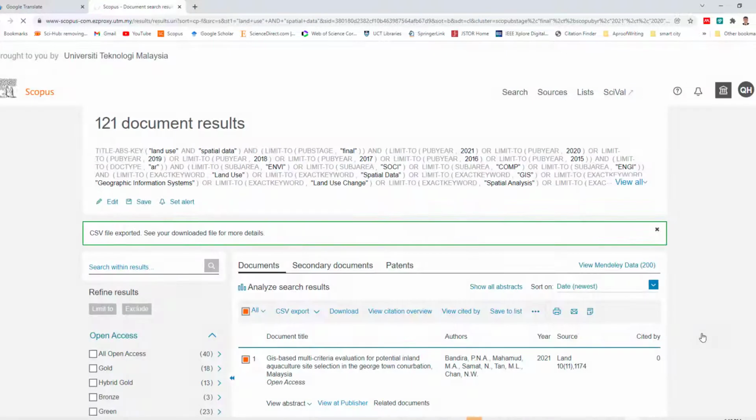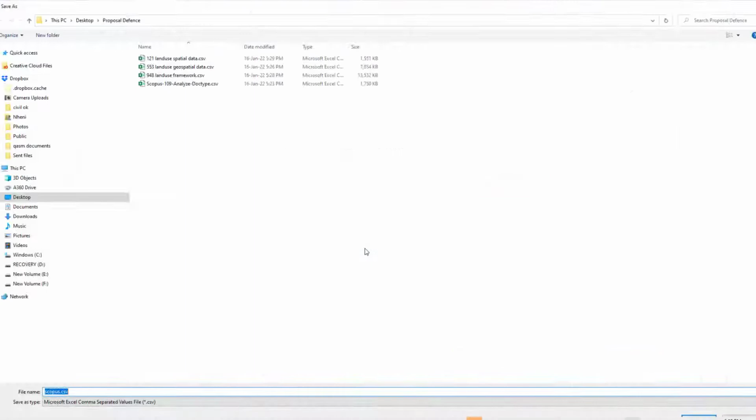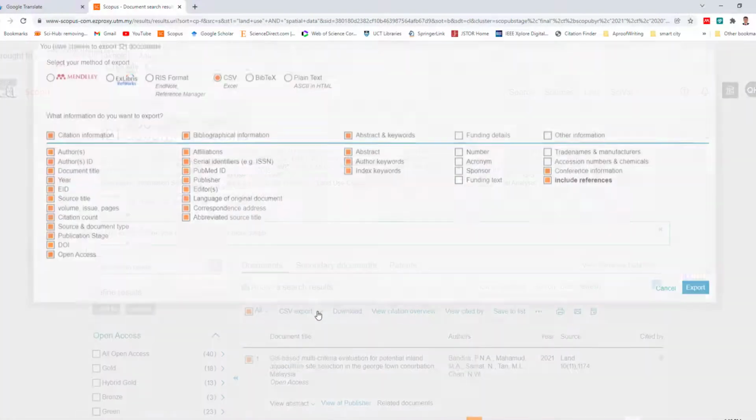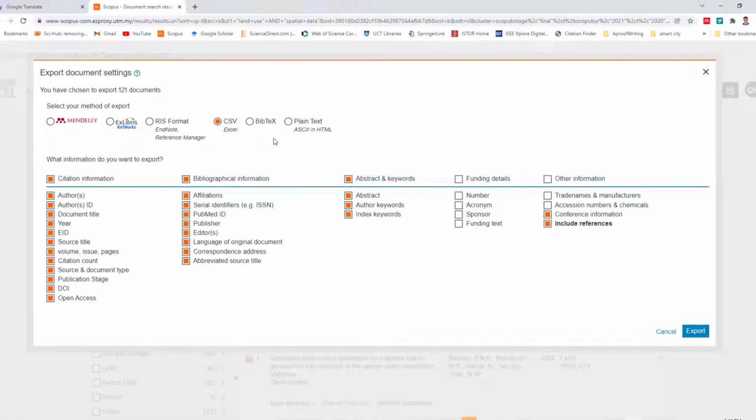So by this way, all the articles, after we make a search inside the Scopus, with this information as explained here, all of them become exported and will be saved as a CSV file